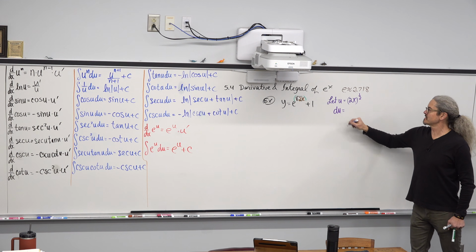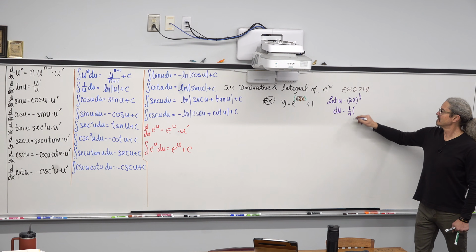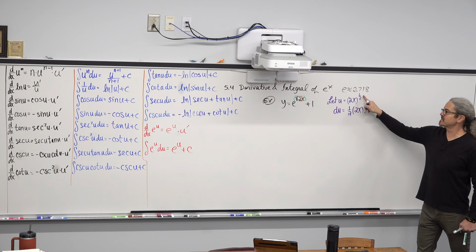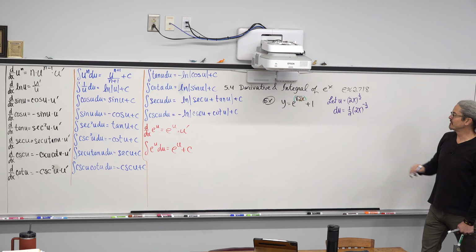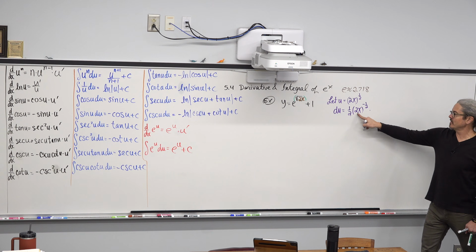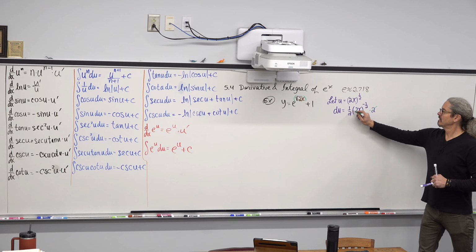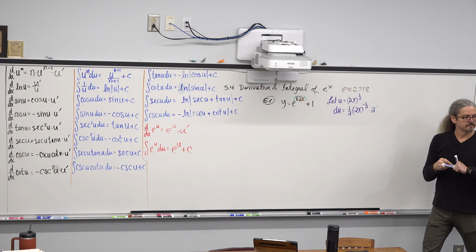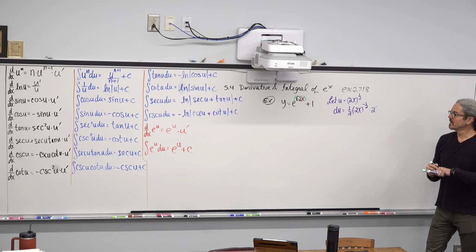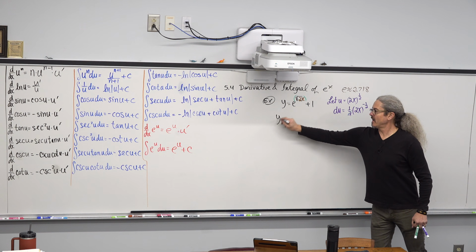So then du is going to bring the power down. So 1/2 times, we've got the 2x, the base inside the power of 1/2. So we're going to subtract 1 from 1/2 and get negative 1/2. And then finish the chain rule, because we have a composition within a composition. We have our u of 2x yielding a u prime of 2. And of course, 2 divided by 2 is equal to 1. Everybody okay with that?